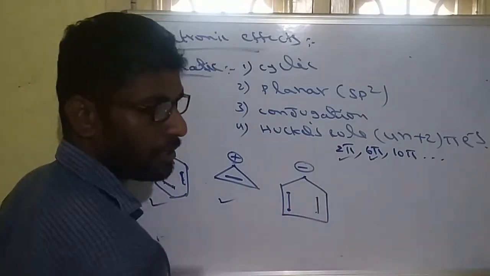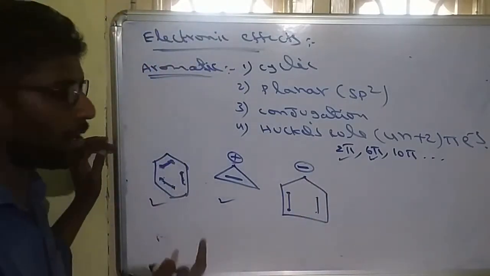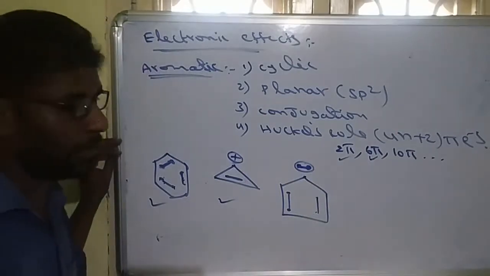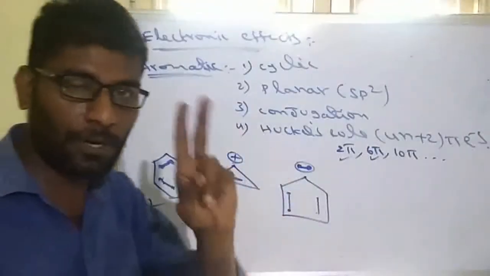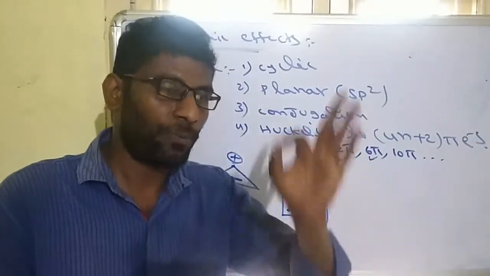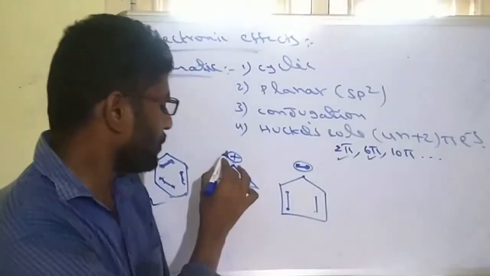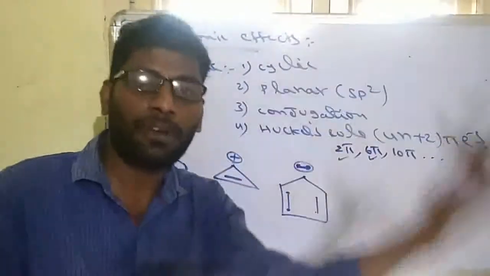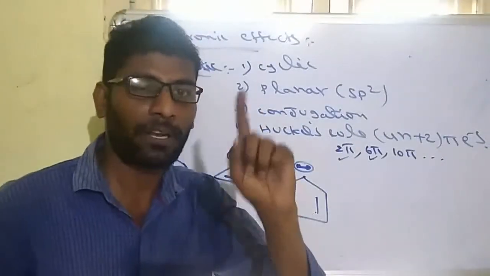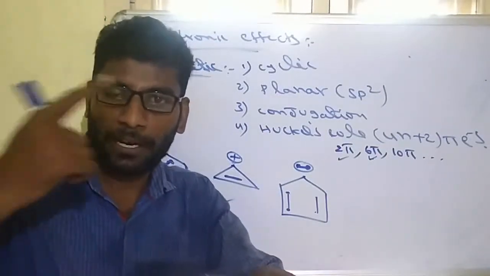6 electrons are not there. But remember, when the charge is negative, a negative charge is similar to a lone pair. Remember, whenever a negative charge is there, a negative charge equals 2 electrons, not 1 electron. Because negative means extra: its own electron plus the extra electron, total 2 electrons are there. A positive charge means its own electron is also lost. So positive means 0, negative means 2. Remember, negative does not mean minus 1 electron. The charge is minus 1 because that is the extra electron charge. The already present electron is there.